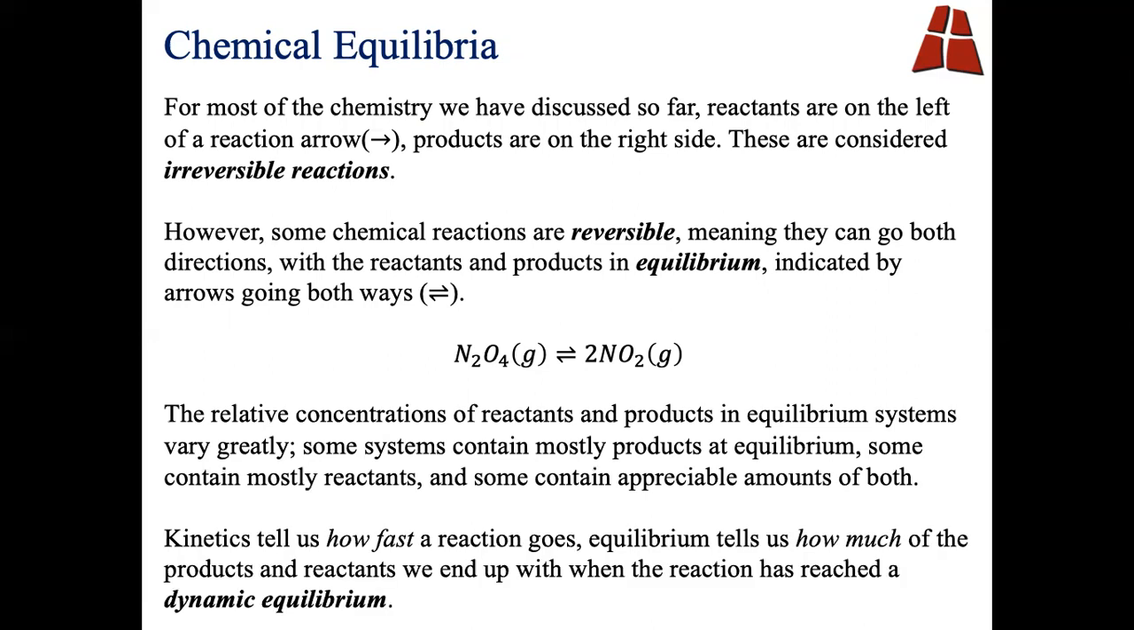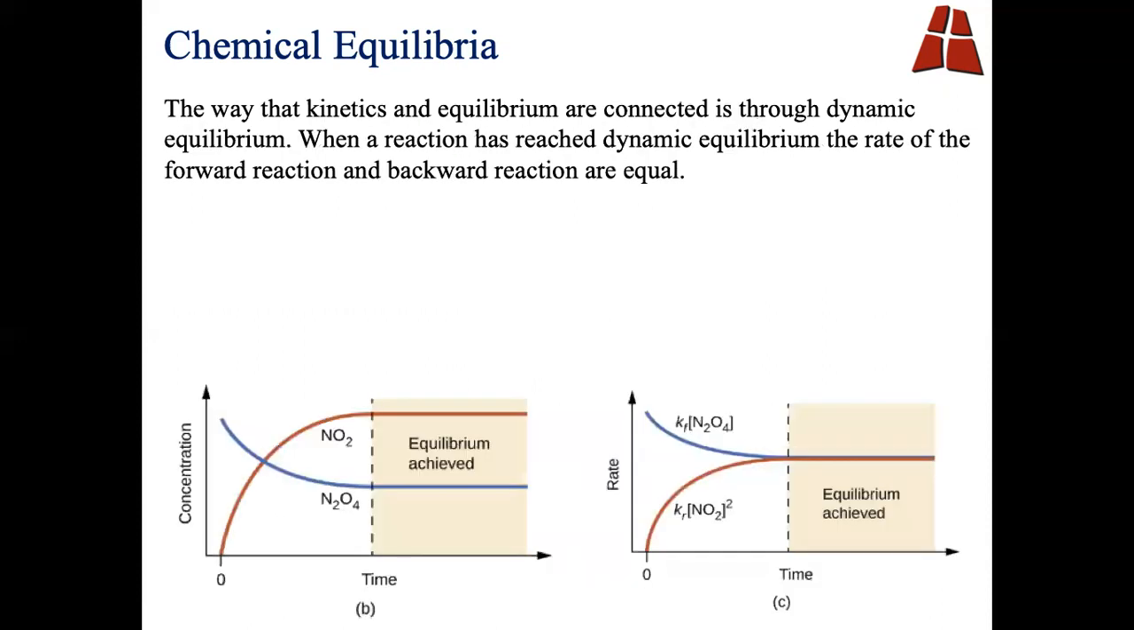Okay? And so if we contrast this with what we just learned in chapter 12, kinetics was all about how fast a reaction goes. And what equilibrium tells us is how much of the products and reactants we will end up with. And once we have determined that, we have figured out the states in a dynamic equilibrium. Okay? And so that is essentially the way that kinetics and equilibrium are connected, is through this idea of dynamic